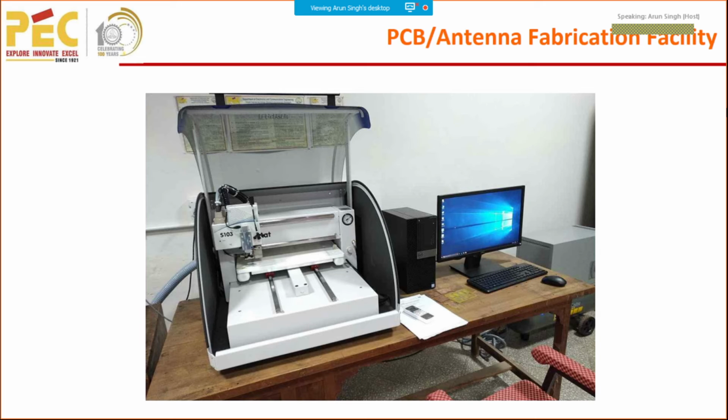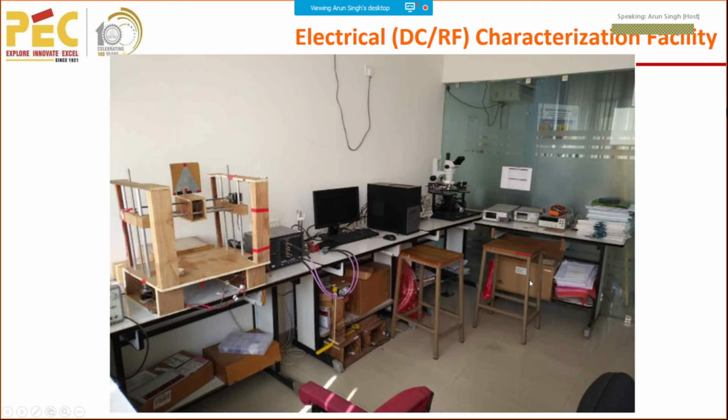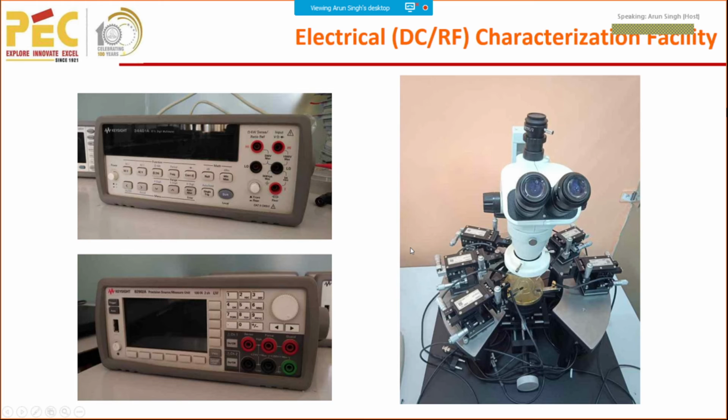Then in addition to Silvaco TCAD and the clean room, we are having a fabrication facility for antenna as well as PCB. So this machine is from LPKF, which is a German product. Here we can make a prototype for flexible substrates as well as RF, RT-Duroid or epoxy we can use. So this facility we also have. This is some characterization facility which we are having. So you can see we have a probe station and SMUs lying on the right side, and at the left side we have a VNA, which is working up to 20 gigahertz frequencies. So these are some glimpses.